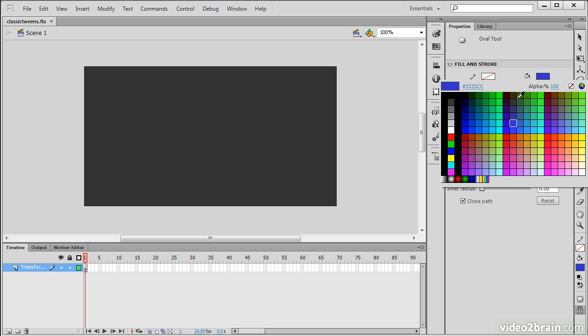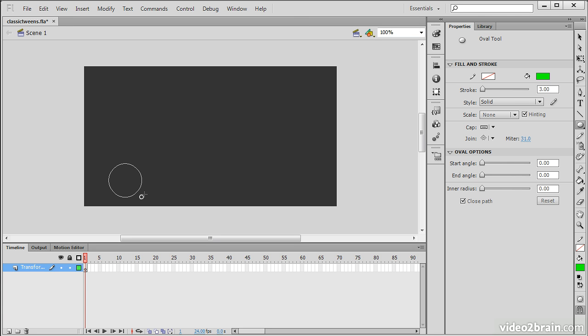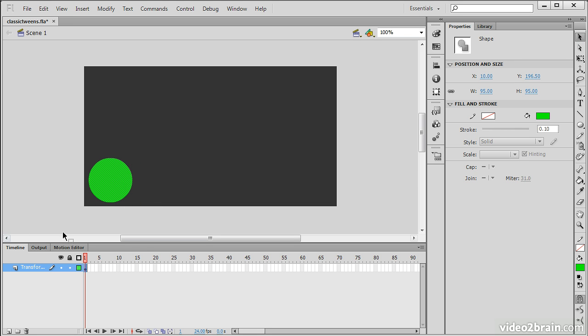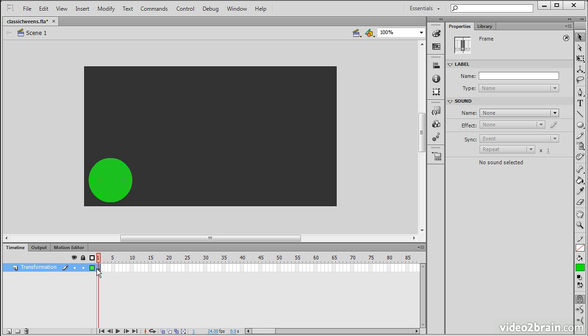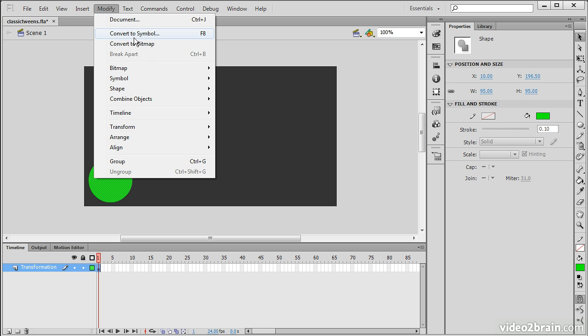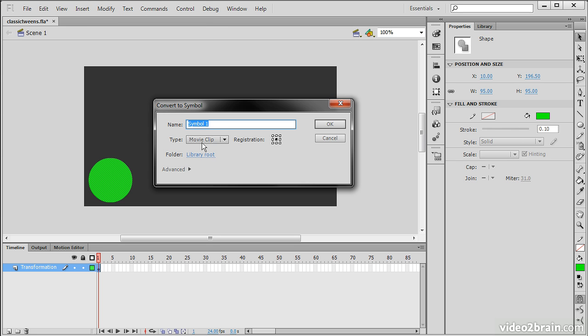Create just a basic circle here. And we'll position it just to the left. And you'll notice in our layer here that's been named transform that we actually have one keyframe and it's been filled with this shape. Now for a classic tween, we're going to have to convert this shape into a movie clip symbol. So let's go to Modify, Convert to Symbol, and we'll choose movie clip in this case and call